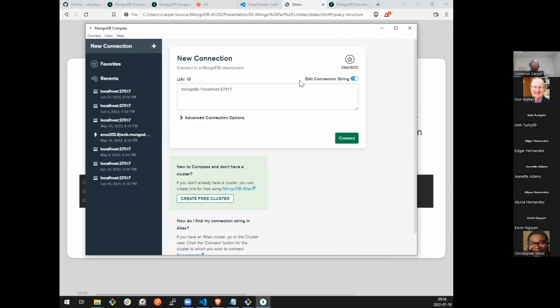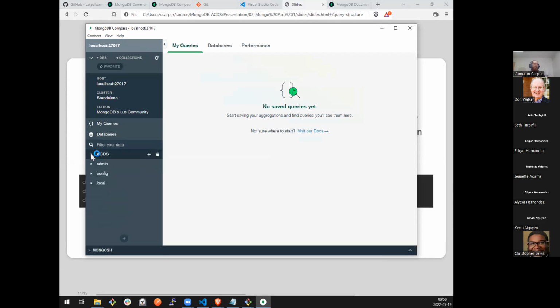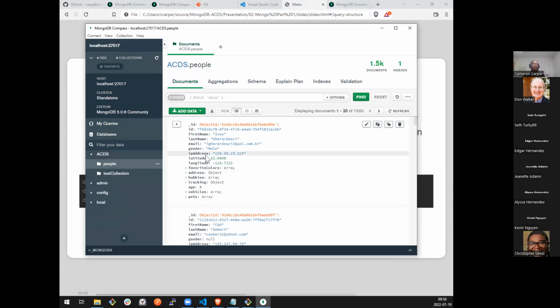It's pretty self-explanatory, but if you're running locally, by default, it's going to default to connecting to your local host, just like the Mongo CLI did. So I'm just going to hit connect. It's going to show me that database that I created earlier, ACDS, and the collection named people.